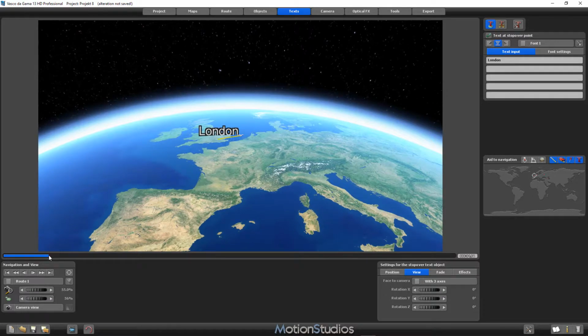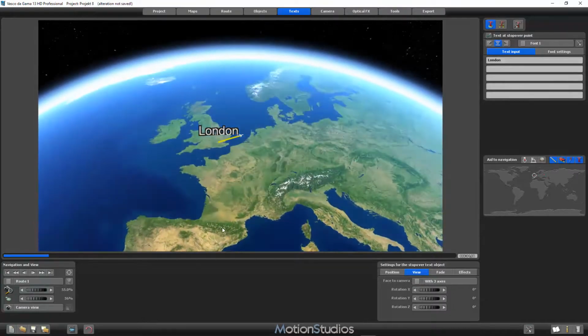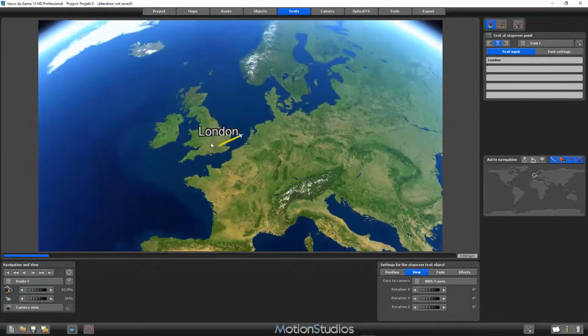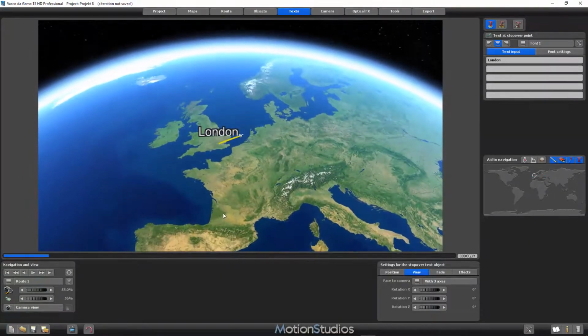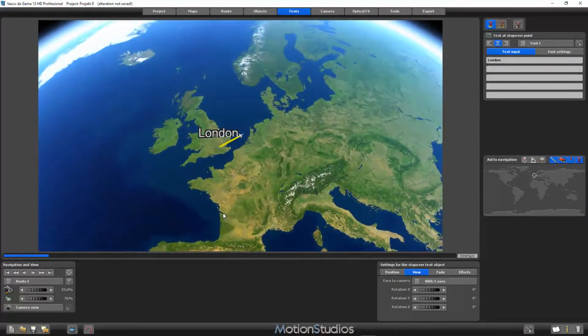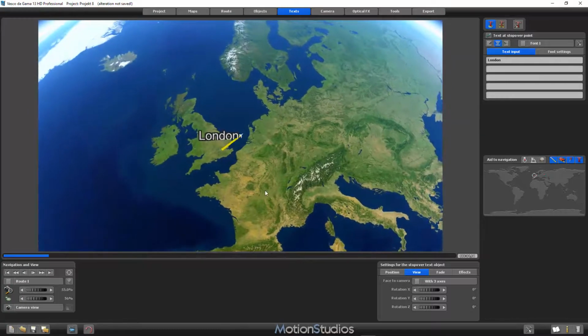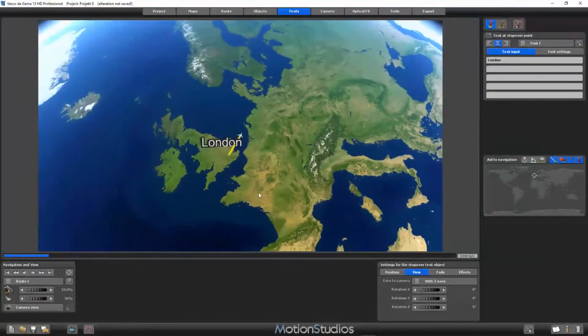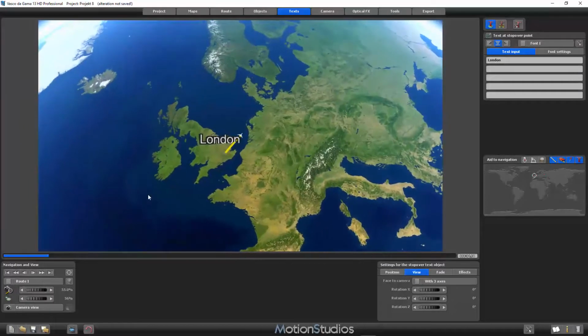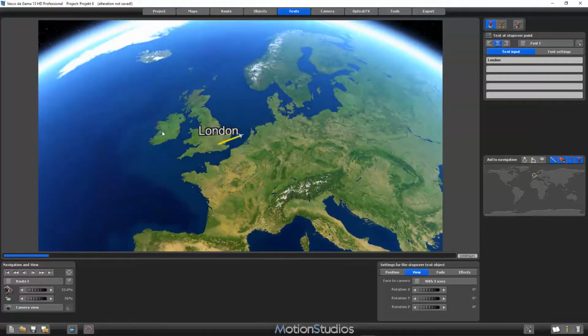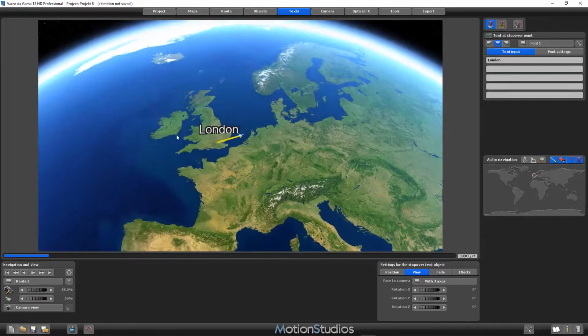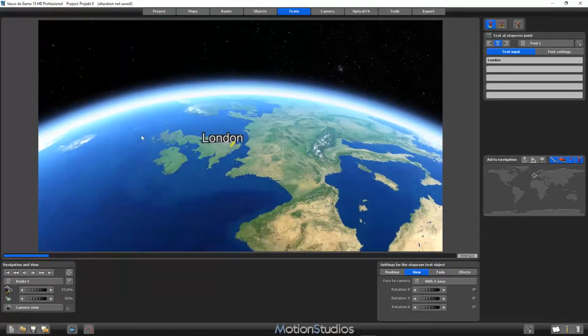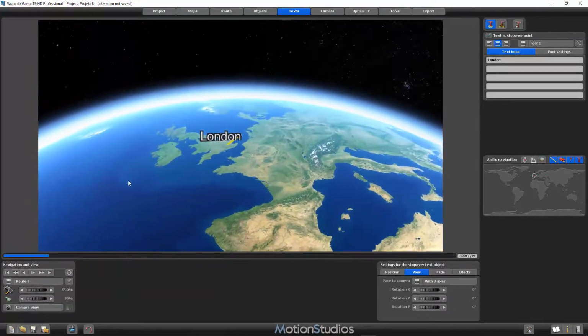Now our text object has total freedom for its movement, so when we use the right mouse button to tilt our view even more, to look more from above, then our text object can incline until it is really lying flat on the ground. But you can see as well, in its effort to always be horizontal, it sometimes disappears in the ground. This effect is due to the different tiles of the map, but we can solve this problem very easily